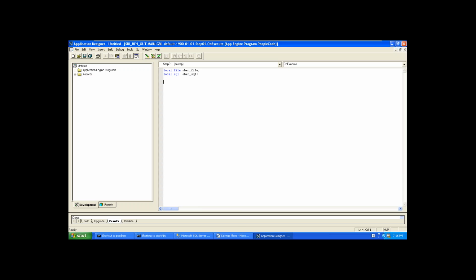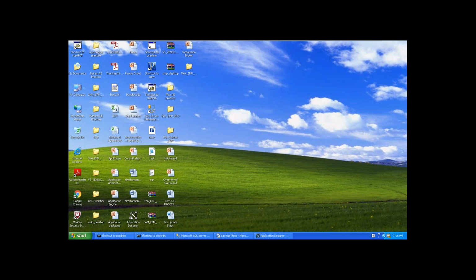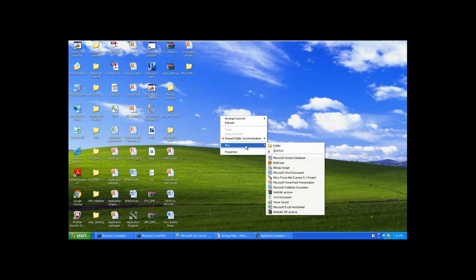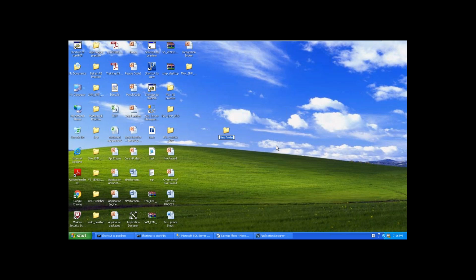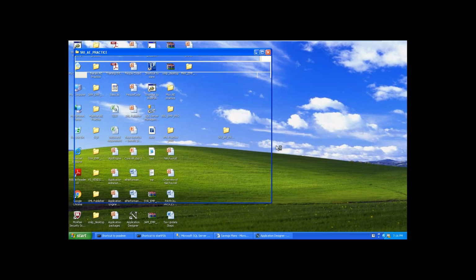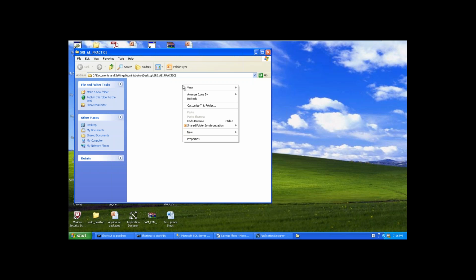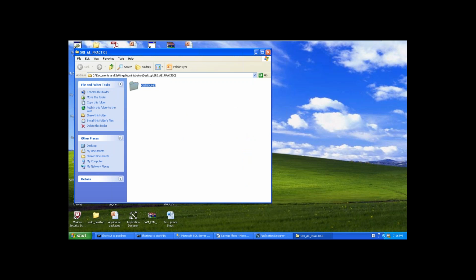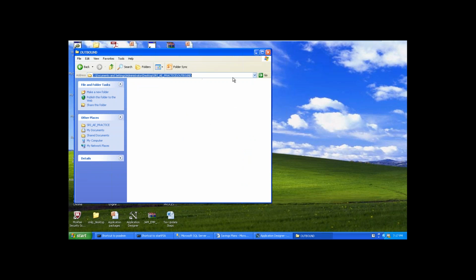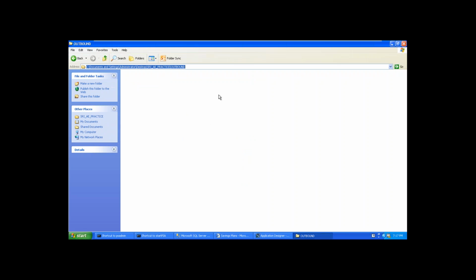Where is the file? Let's say here I am creating one output folder for you, called outbound. This is the folder path, my target path. Here I would like to generate the file.